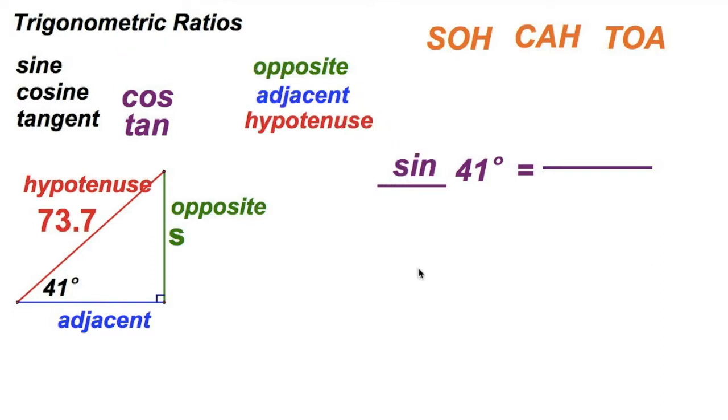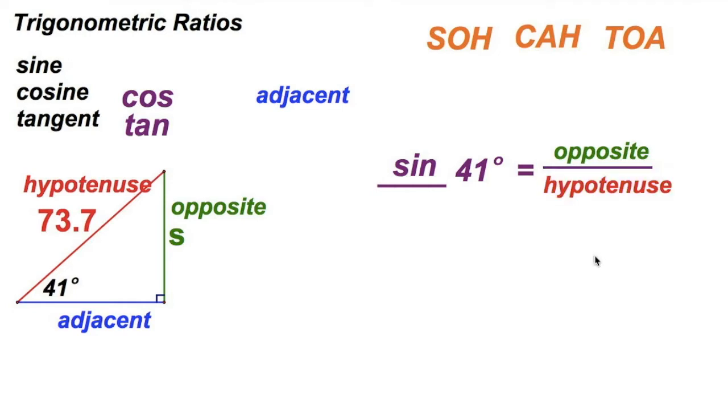And we're going to say the sine is, of course, the opposite over the hypotenuse. Well, we're just going to do a little bit of a substitution right there. So in this example, the sine of 41 degrees is equal to S, my unknown, divided by